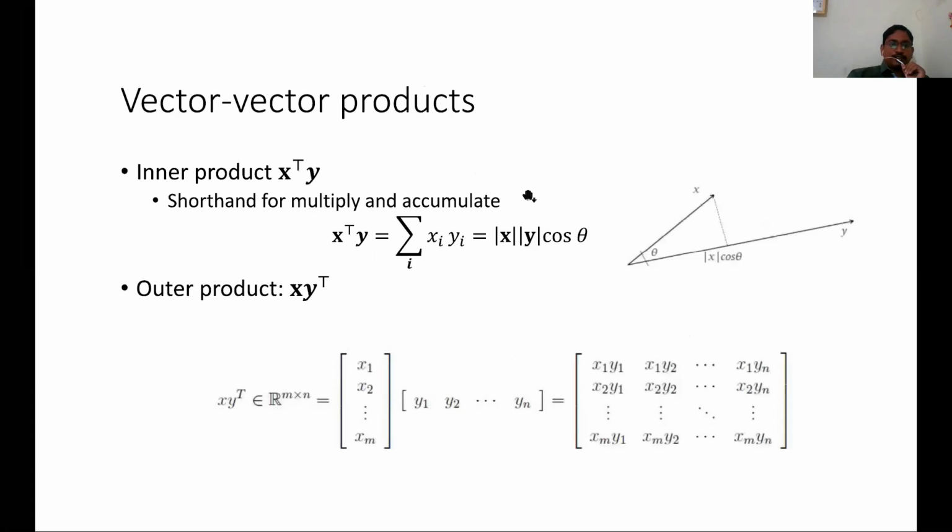Now I already said the inner product; here it is called the vector product. How is the inner product taken? It is the Euclidean product. X transpose Y is just your Euclidean product. And the outer product is when X is a row and Y is a column, or if X is a column and Y is a row, then it will result in a multidimensional array. So it is the outer product.